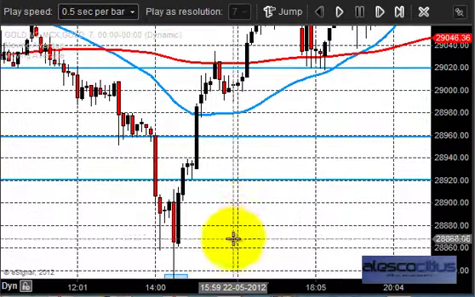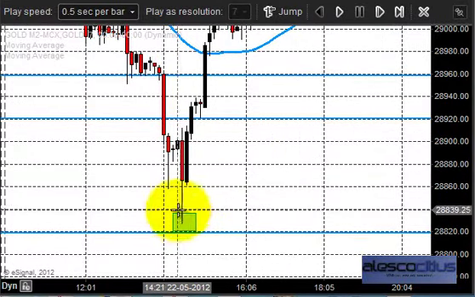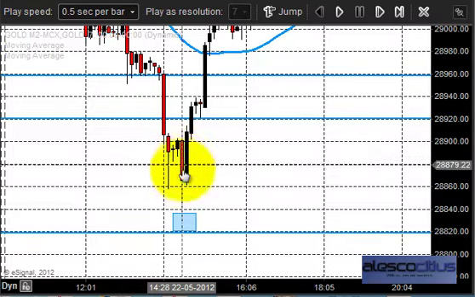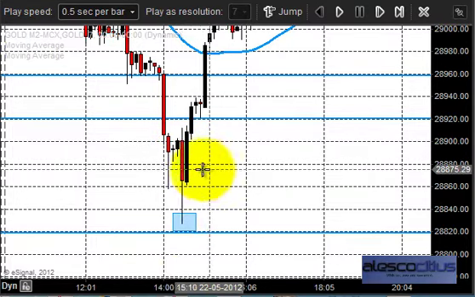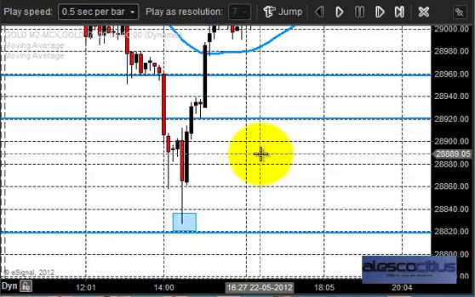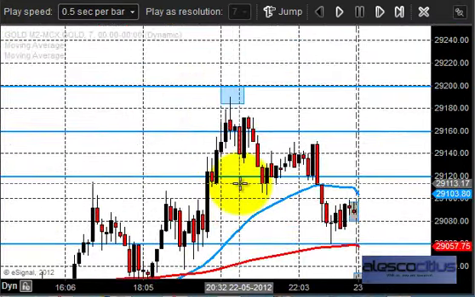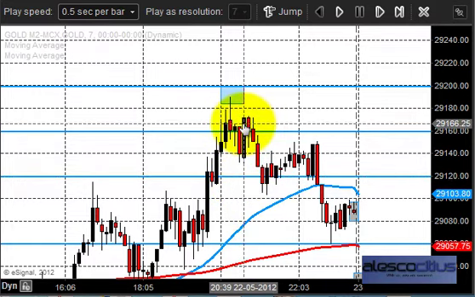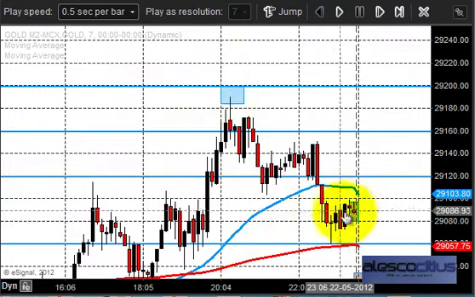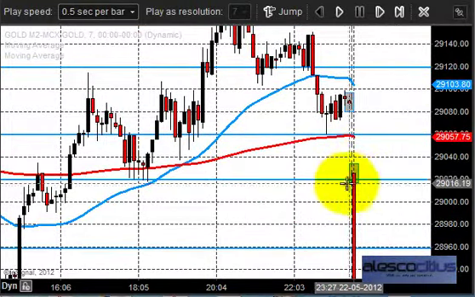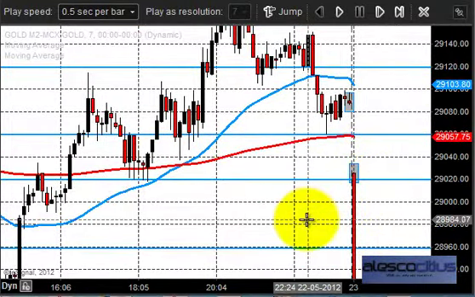On the previous day, if you see, gold market tested 29,020. You can see the date below. Whenever I am placing the cursor on any candlestick, you can always see the date below. So gold market came down till 28,820, and then it gave a clear bounce back and went and tested 29,020 and closed here. So yesterday, you can see the market opened just below this at around 29,020, and after